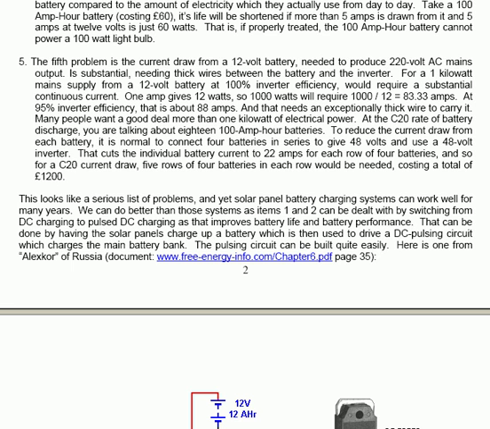Here is one from AlexCore of Russia. The document is available for free download, and it's chapter6.pdf, and the system is shown starting on page 35. This is the charging circuit shown here. It has one transistor. In this case, the transistor is a 2SC